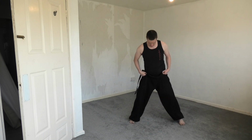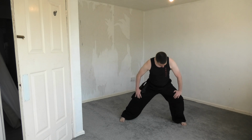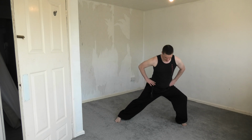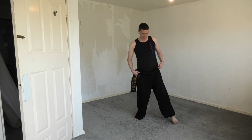Nice. Go back into horse riding stance. Now you can go just to here if you want to. Your hand on your knees. If you want support, you can have your hand on your hips if you're a bit stronger. Go to here. If you're even stronger and you've done a reasonable amount of training and you feel you're ready, you come to